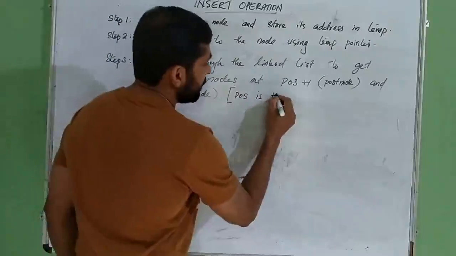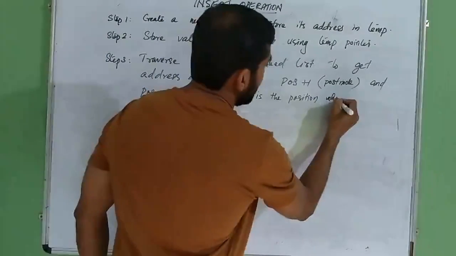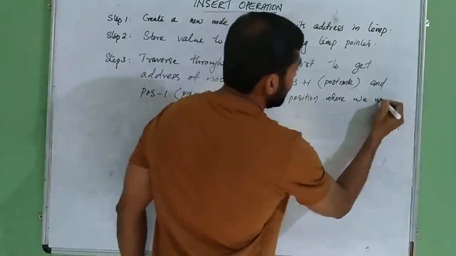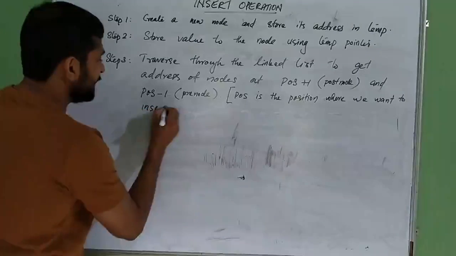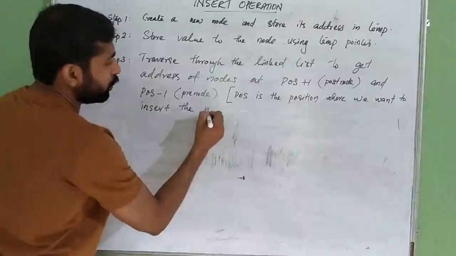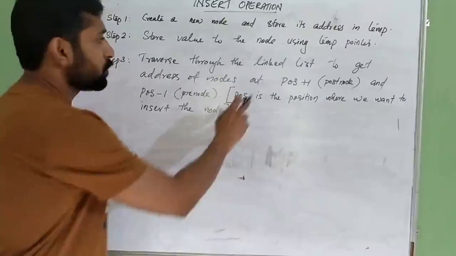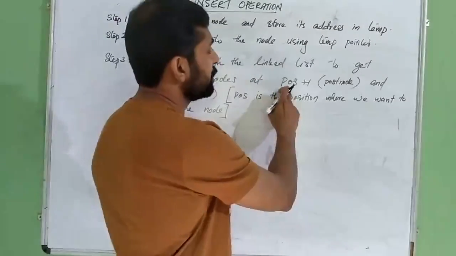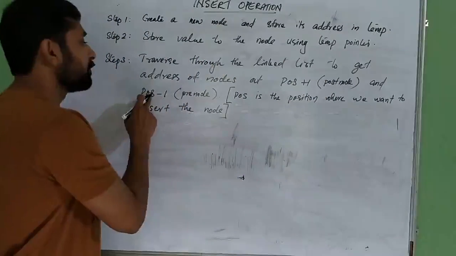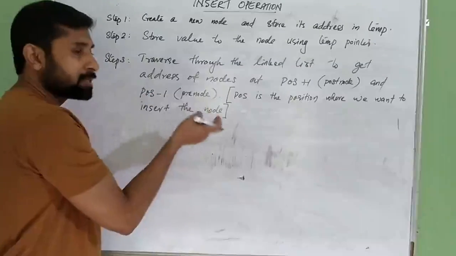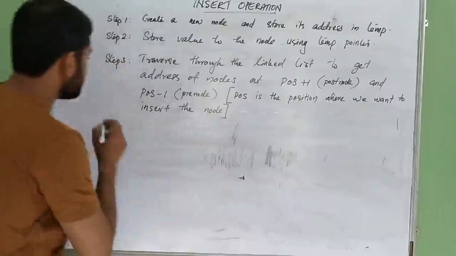POS is the position where we want to insert the node. We want to insert at POS. So we have the address of POS node at POS plus 1 in post node and address of pre-node, that is POS minus 1, in the pointer pre-node. Now